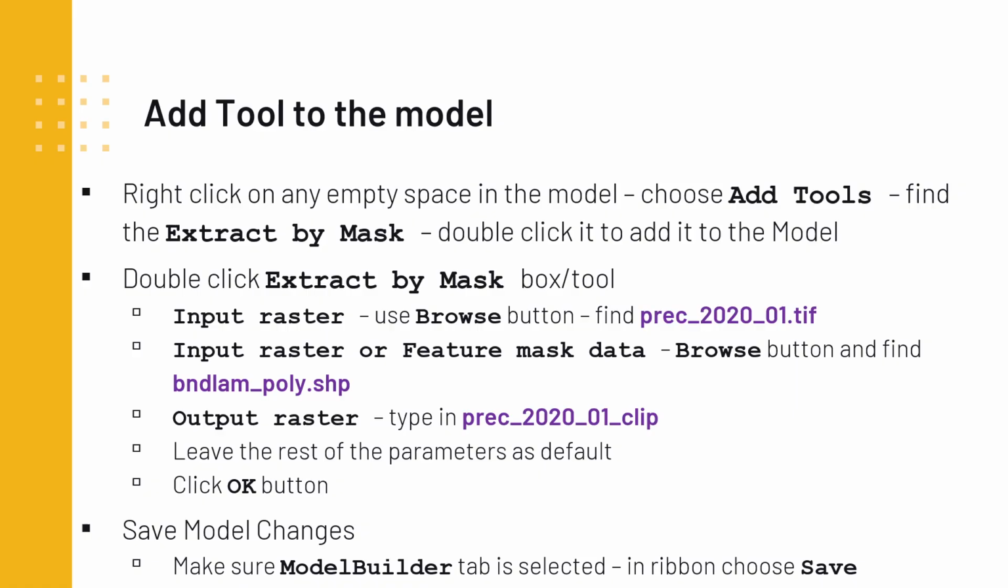It's basically going to add 2 boxes. You're going to double-click on the Extract by Mask box or tool. You can see it's designated as a tool by the little hammer icon that's there. Okay. From there, you're going to select the input raster, and you're going to use the browse button, and you're going to find our first TIFF file. That's the